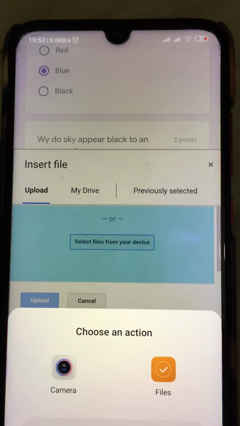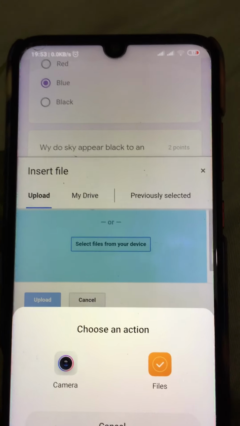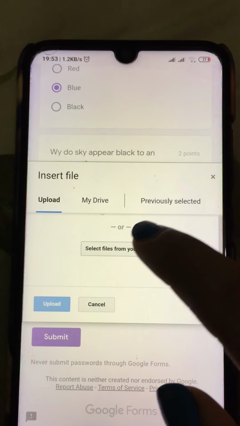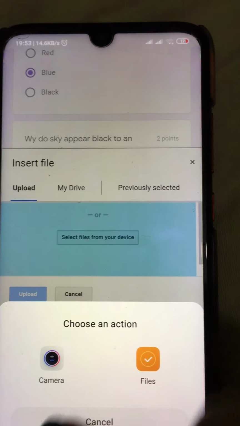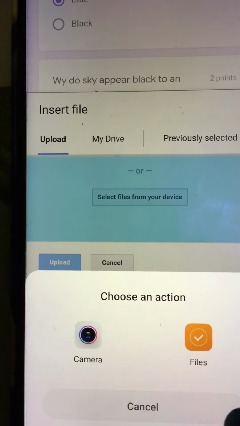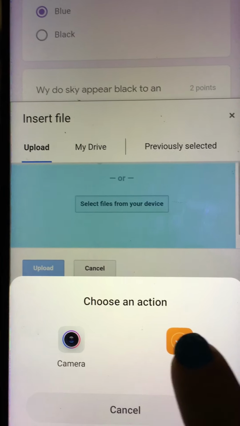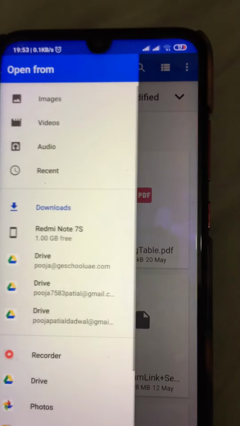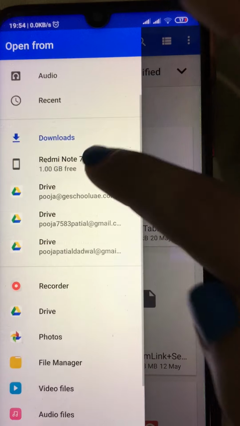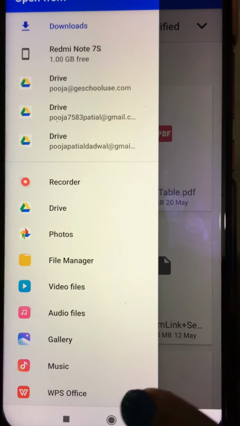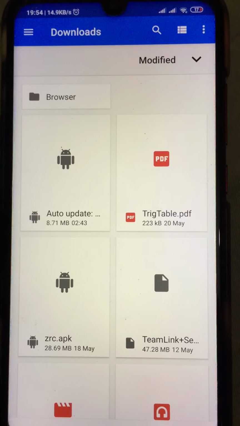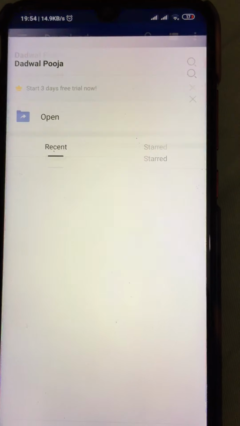That I will explain in a different video. Here, if you are using your phone, then when you click here, select the files from your device, you'll click here. And then you have to choose from these two options. So I'll show you both the options. For example, I'm clicking here, files. Okay, so these are the files on my phone. So I can click here in the phone. You can also download WPS Office. It is easy to type here if you want to give the typed answer.